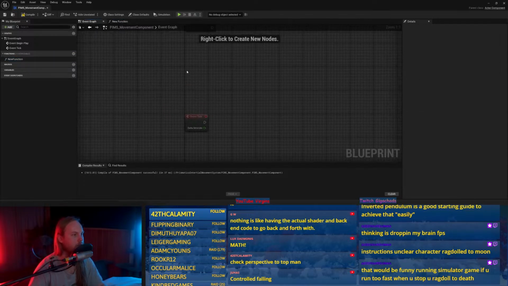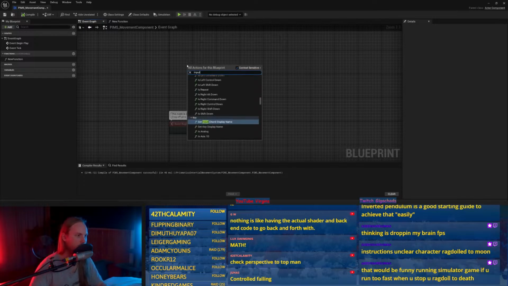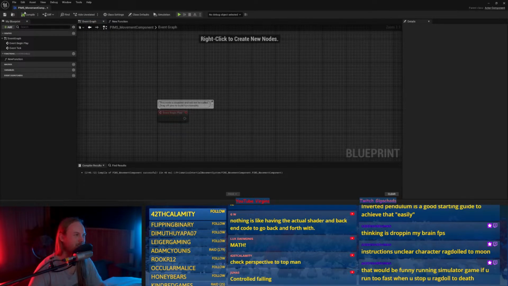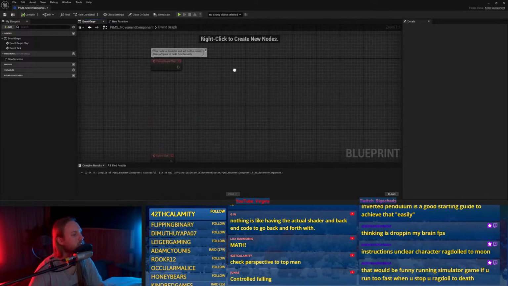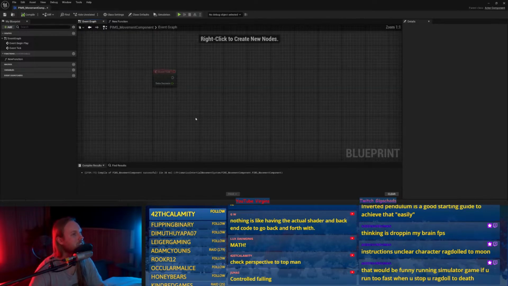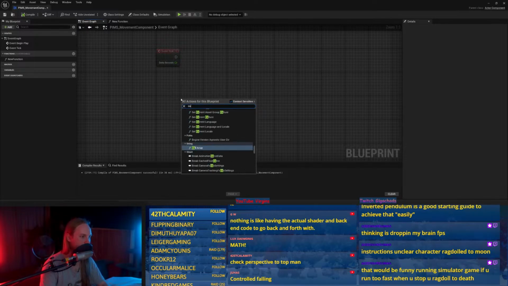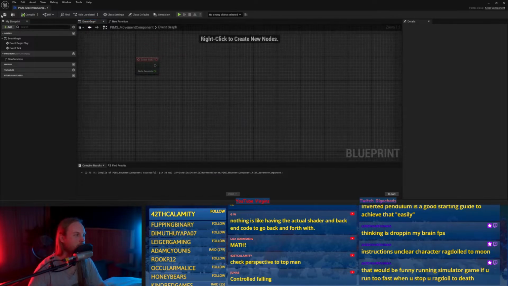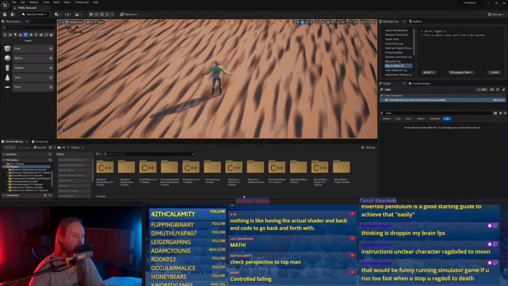Alright, how do I do input? I don't want to give this a controller, because that's character movement, isn't it? This is custom movement. Alright, let's just do a custom event. I might even just do dodgy input for the time being.